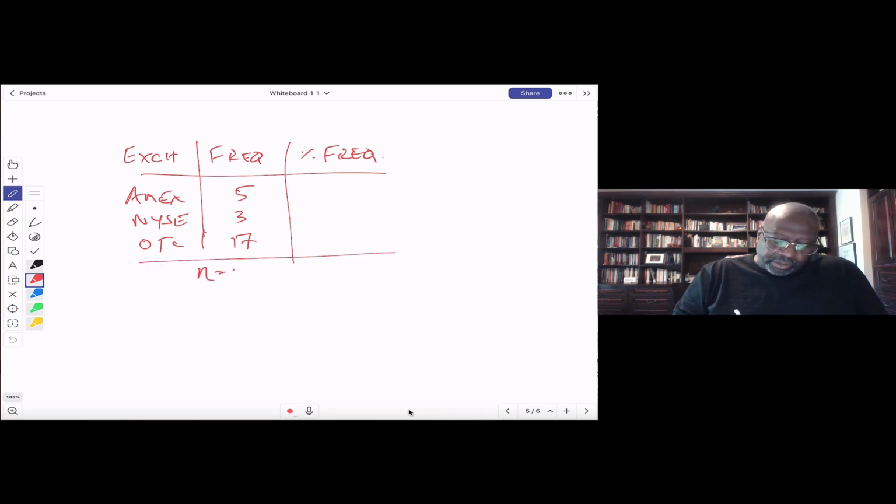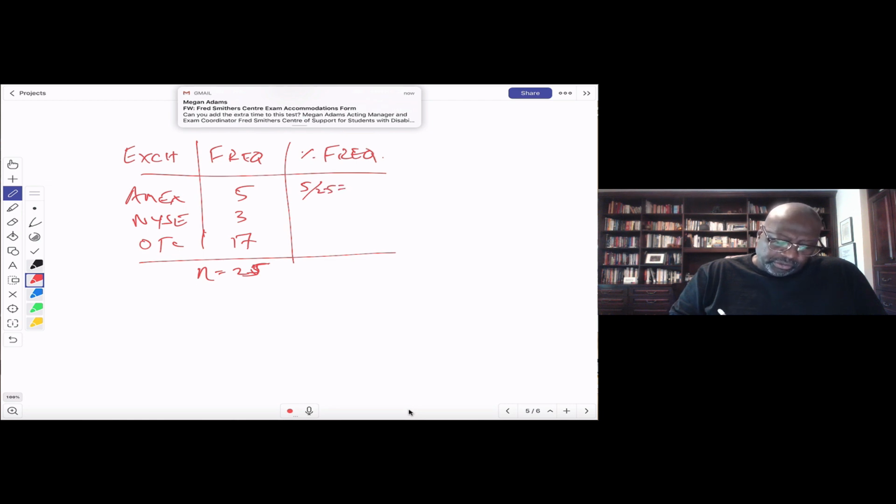So N is equal to 25. If we want to convert that to a percent frequency, the frequency is just the number of observations. So the percent frequency is the frequency divided by the sample size, or in this case the number of elements. So 5 over 25, for example,